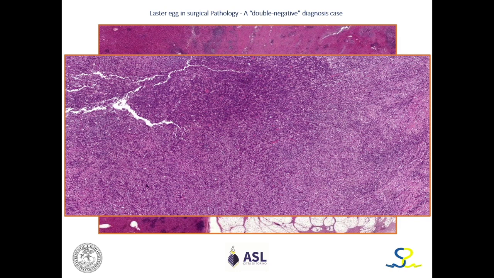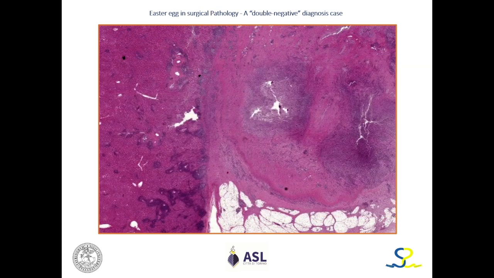We performed a broad panel of immunohistochemical staining to exclude any neoplastic proliferation, but they were all negative and nothing shows up. All we have are these polymorphic inflammatory infiltrates that look like an ulcerative lesion of the gallbladder, probably due to the gallstones. Once we excluded a gallbladder neoplasm, we decided to concentrate on the liver parenchyma as well,